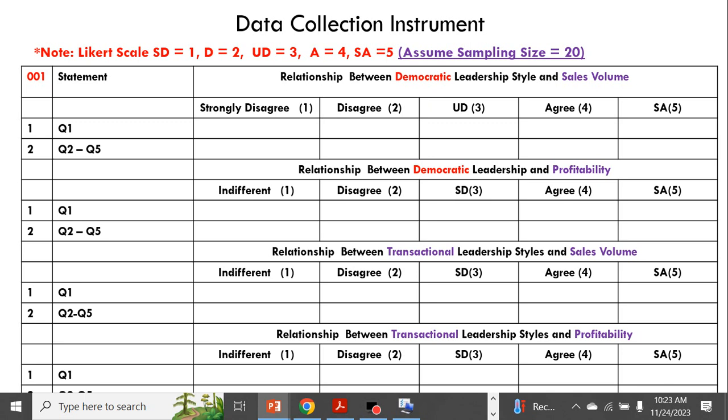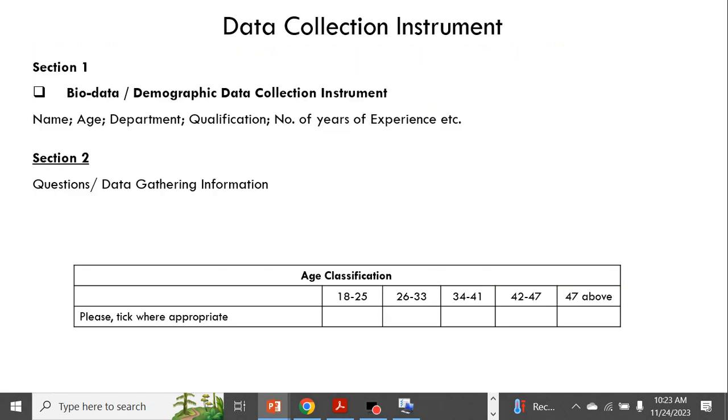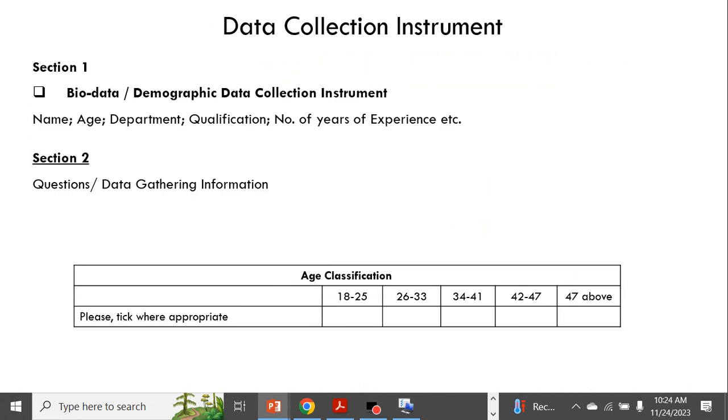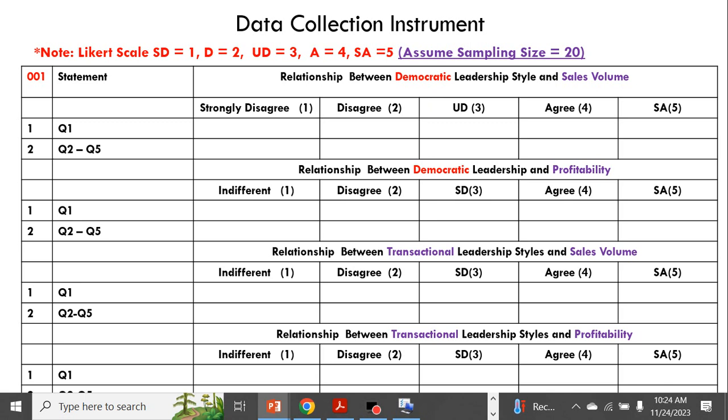Based on the measures that we have used, which is democratic leadership style and transactional leadership style, we'll formulate questions which will revolve around what constitutes democratic leadership style.